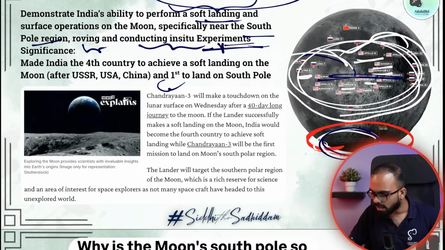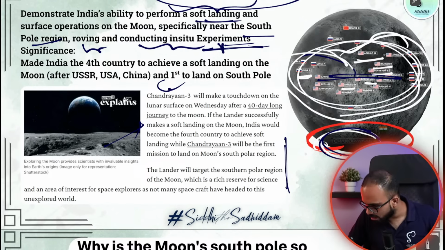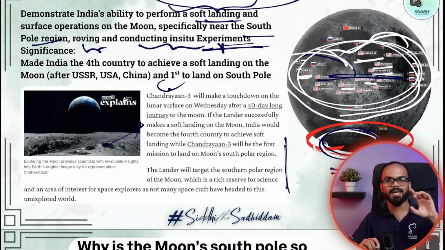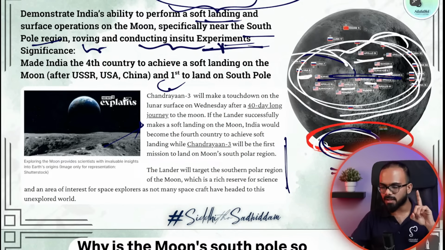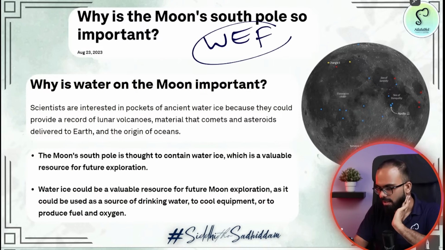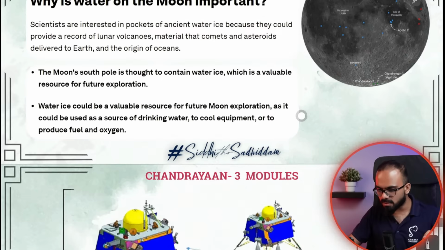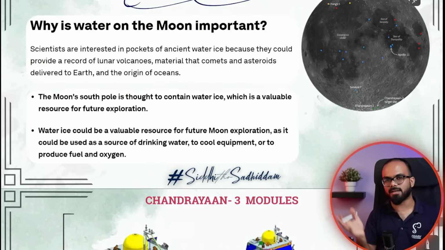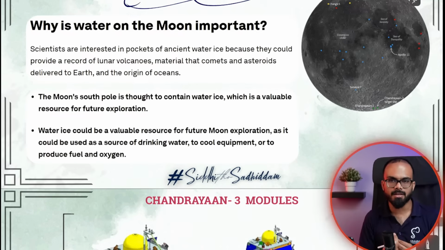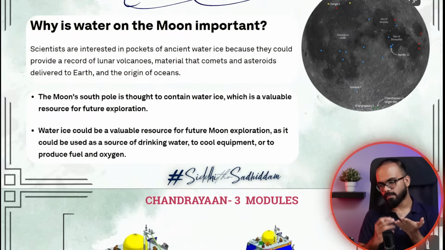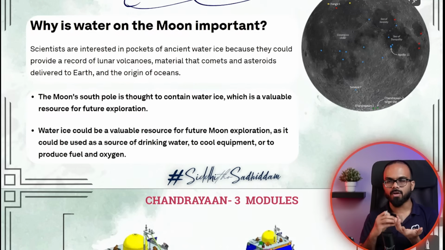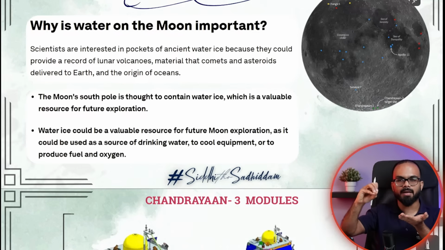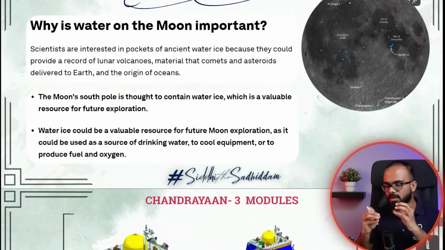So Chandrayaan 3 did a successful touchdown. We touched down on the South Pole region of the moon and India is the first country in the world to do this. Now the question is, why is South Pole landing so important? This is a World Economic Forum article that was written in 2023, which says why landing on the South Pole is important. It is important because out of the entire surface of the moon, scientists are expecting that water is there at the South Pole. So because of the ancient water, we want to study whether the moon's surface can support any life. What about the water that is there?